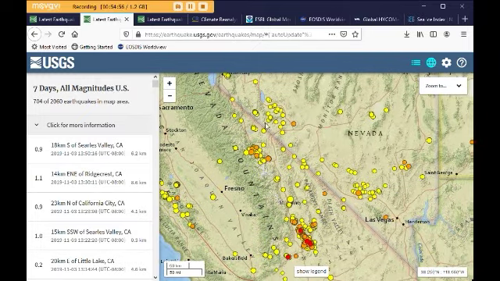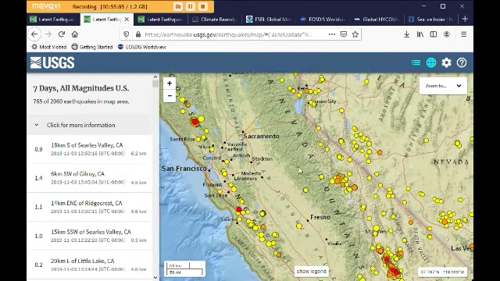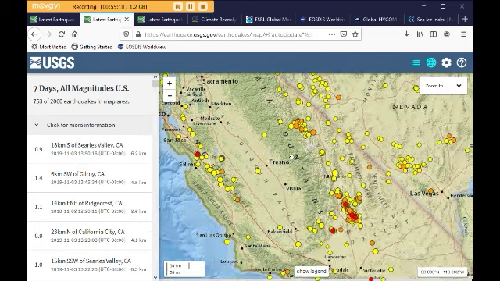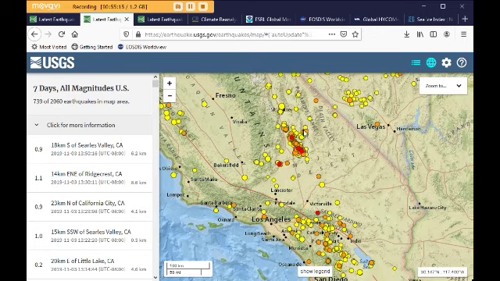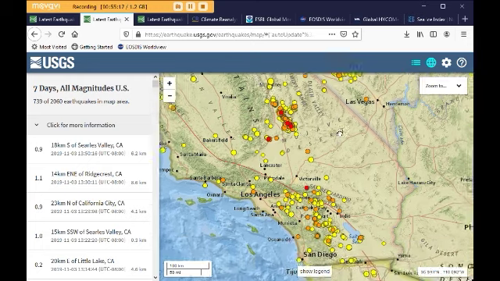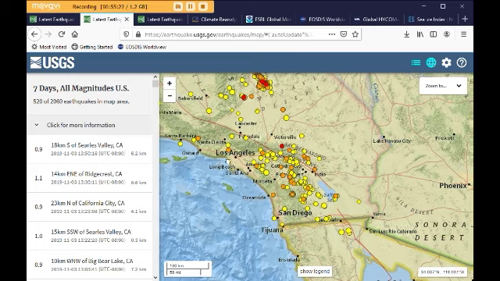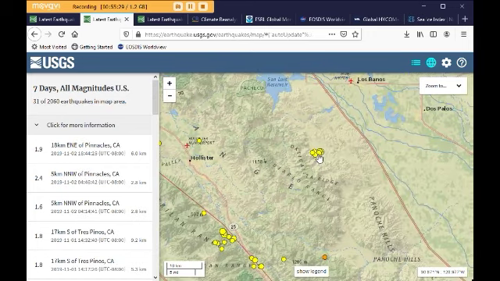Let's see, when you see them like this for 7 days, it fills in a lot of the gaps. You can see that it's all the way up and down. And also in this event area, it's spreading out. And here's the LA area. There was also, look at this cluster,